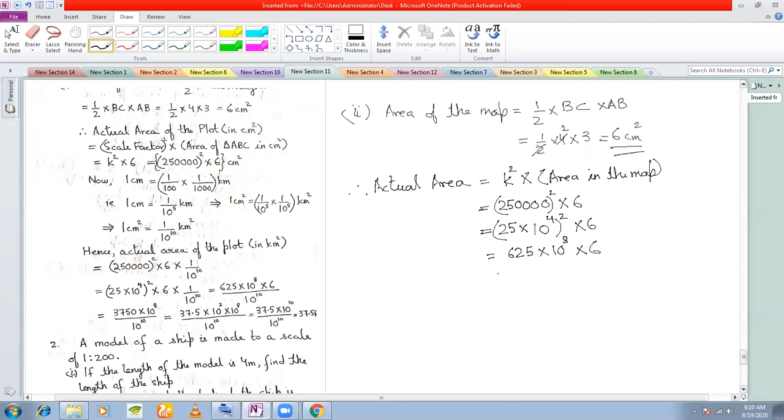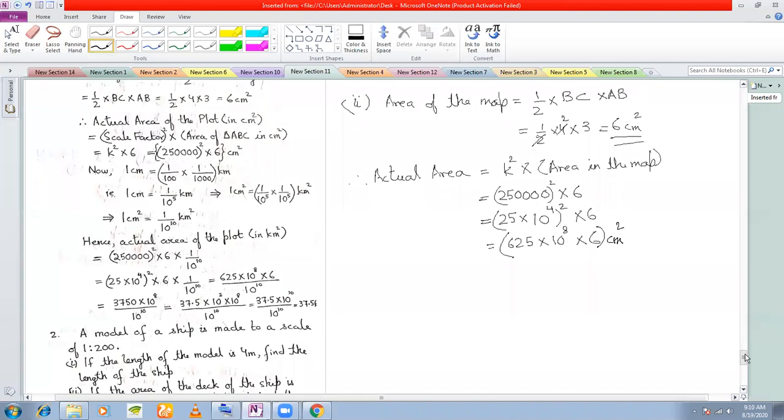Okay, so this you will get as, and leave it as it is. This much centimeter square. We'll see what can be done with this. Maybe a few things will cancel. So we leave here this, and we are talking about a huge area measured in centimeter square. So that means obviously it's going to be a problem.